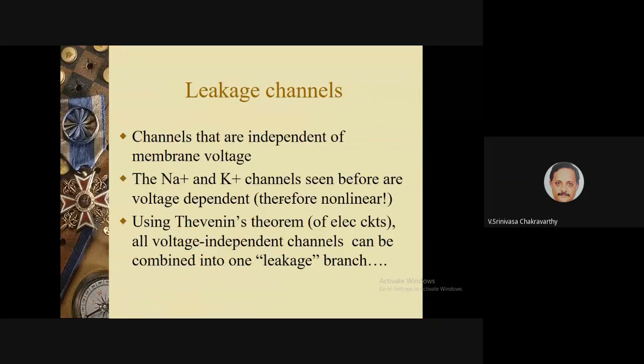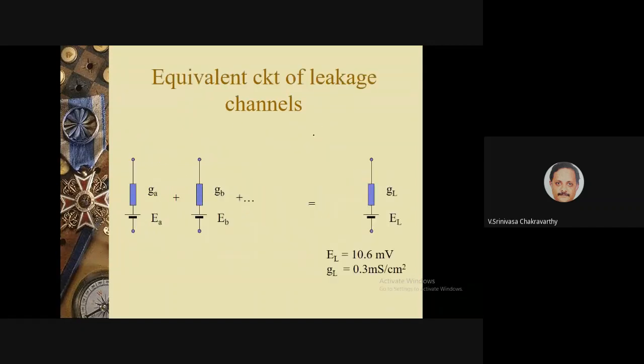Then in addition, there are other channels in a typical neural membrane which are not gated at all. These have constant conductances, and such channels are called leakage channels, right? So the sodium and potassium channels we'll be using are voltage-dependent channels, and there are other channels called leakage channels. So if you combine all this and try to put together a model of the neural membrane,